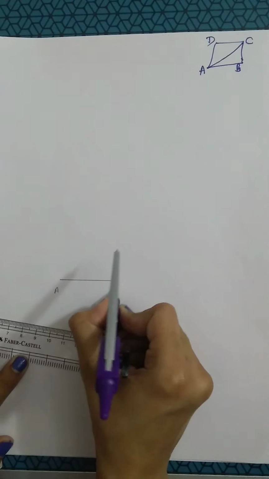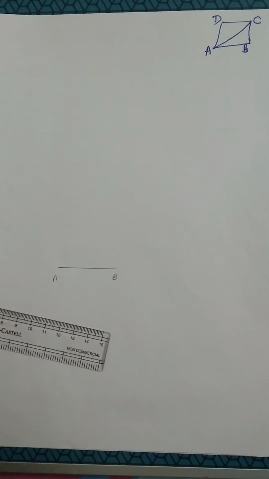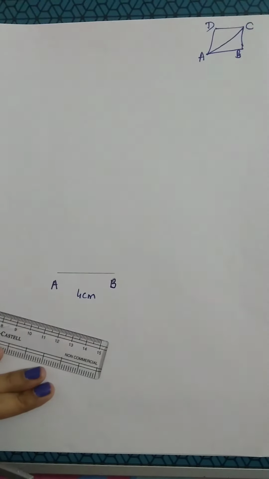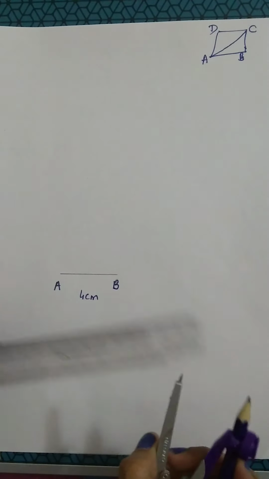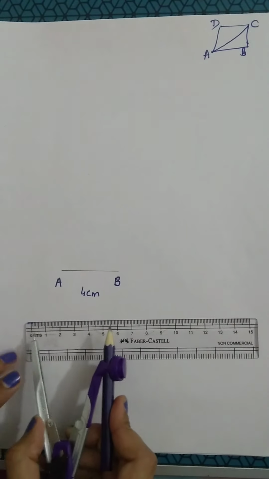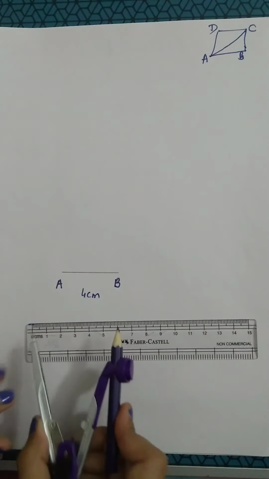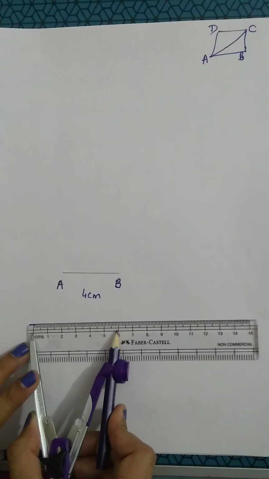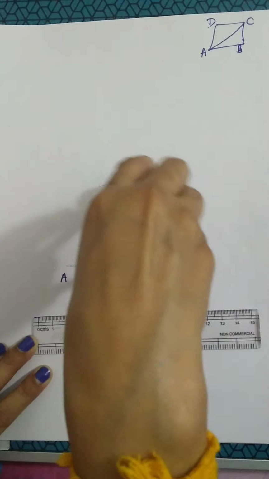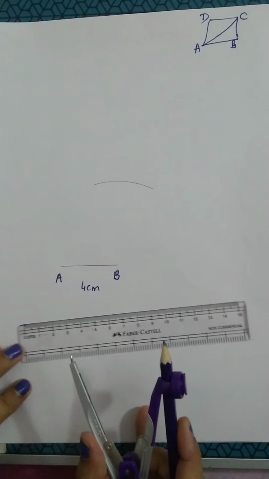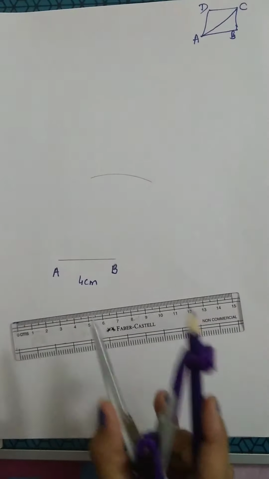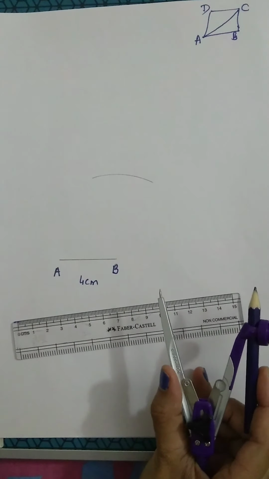This is AB. Now 4 cm, point A and point B. Now next one is BC is 6 cm. I open my compass, take the scale and open BC equals 6 cm. Keep the needle at vertex B because BC is there and just draw one arc here. Next one, if I draw CD, I don't know how to take BC. That distance is given, but from which point I need to take is not given.